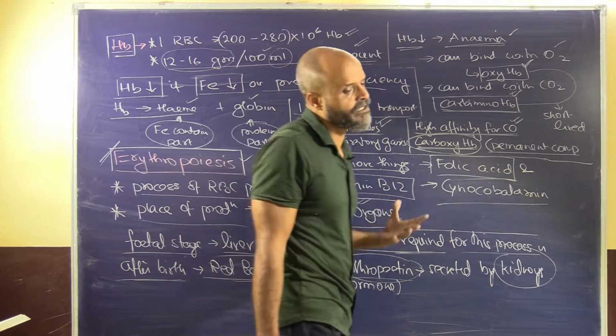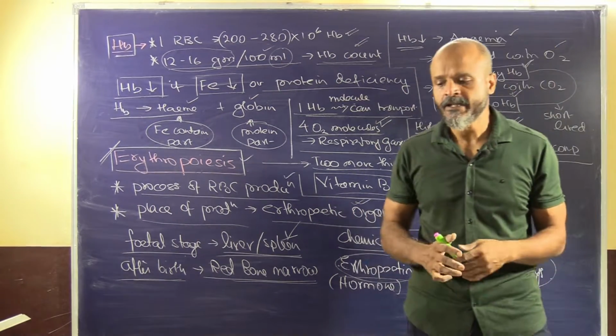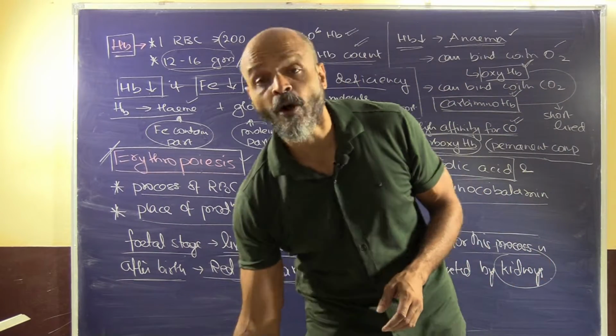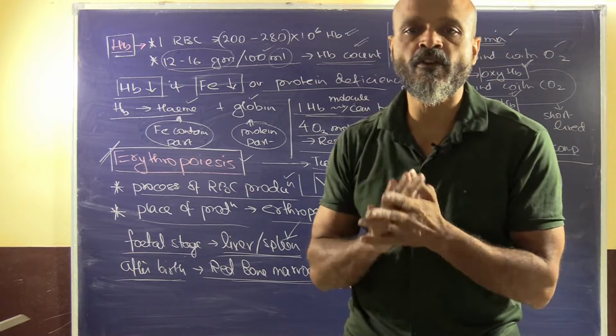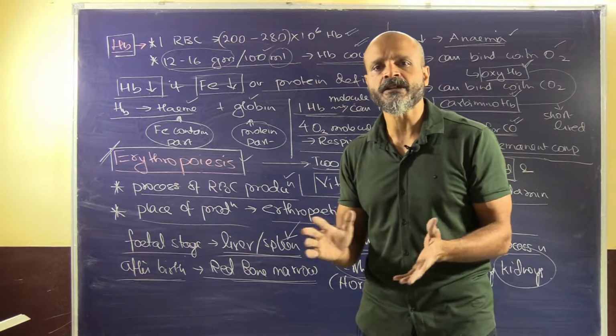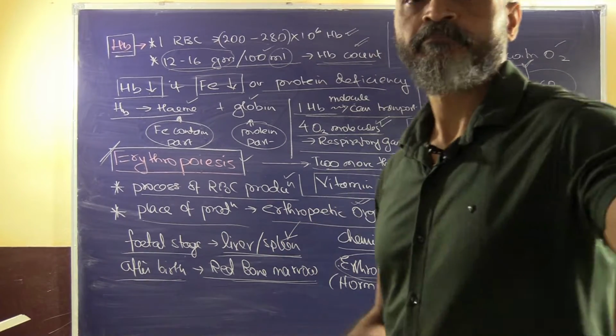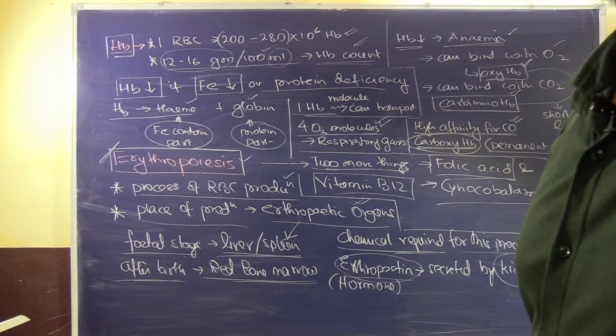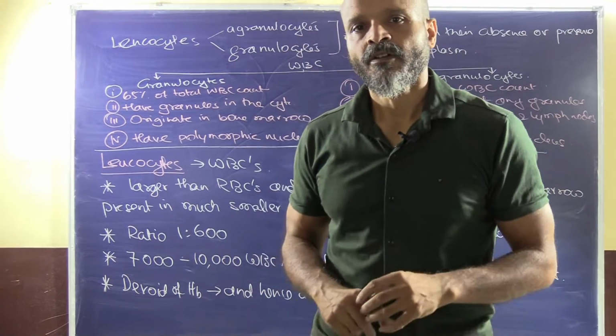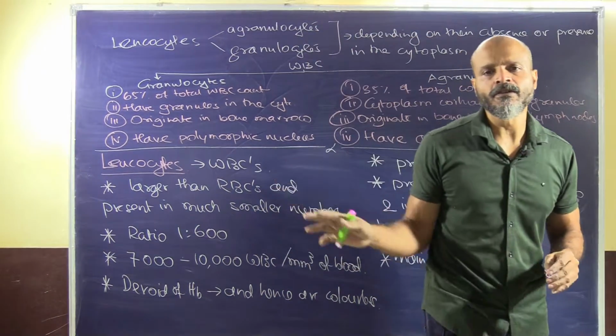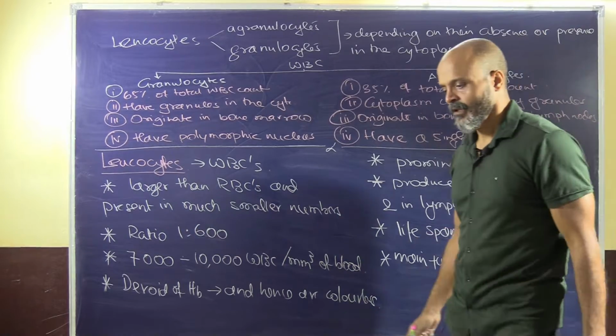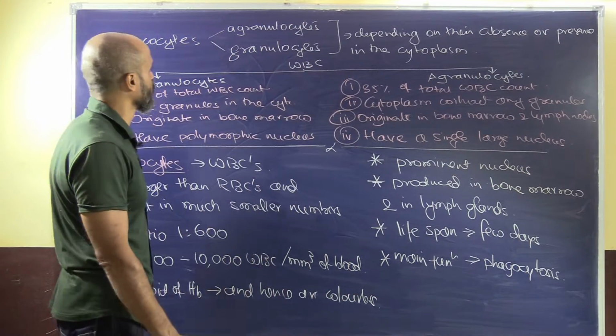So these are certain things that we have seen about erythrocytes. Now we'll look at the other components of blood and see what their constituents, functionalities, structure, etc. are. So now we will switch to the other component of blood, which is leukocytes.